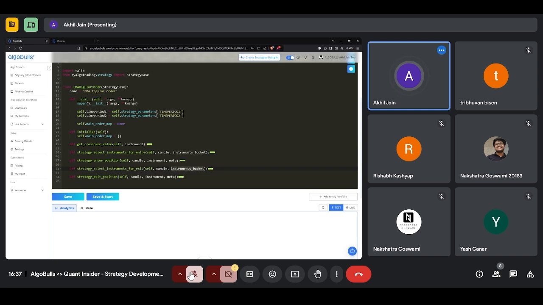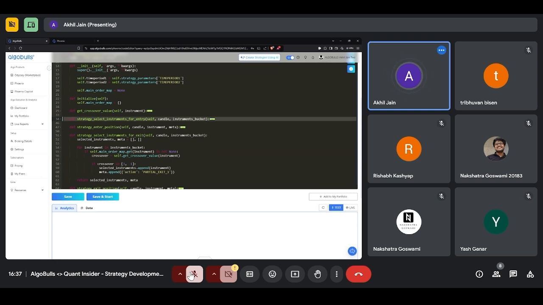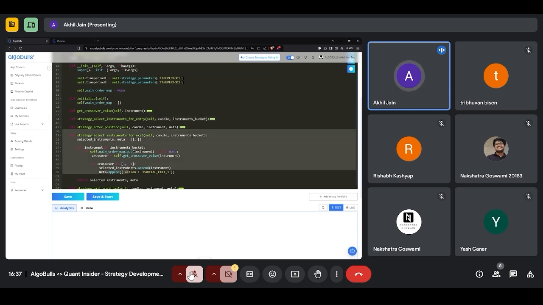So in this bucket, which is about selecting instruments for exit, I am going to get the orders for all those instruments, and I can directly check whether I want to do something for those first before going for the entries. That is why for every candle, let's say we take a 5-minute candle, every 5 minutes we always process exits first. And based on whatever funds are released because we have done the exits, we then continue with the entries. This is going to happen for every candle during the whole day.